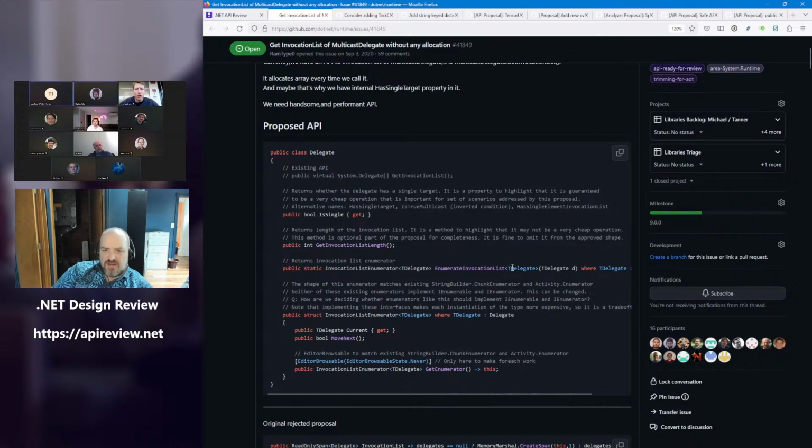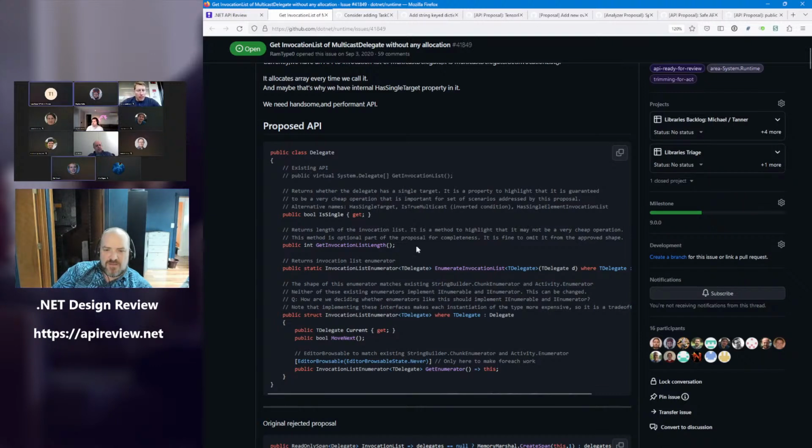Are you saying the in or out attribute on this generic type parameter? Sorry, no, I misunderstood. The delegate types themselves don't have variance. It's the parameters for the delegate. That's what I was messed up on. Okay, we're good. And only interfaces can have those things, right? So anyway,